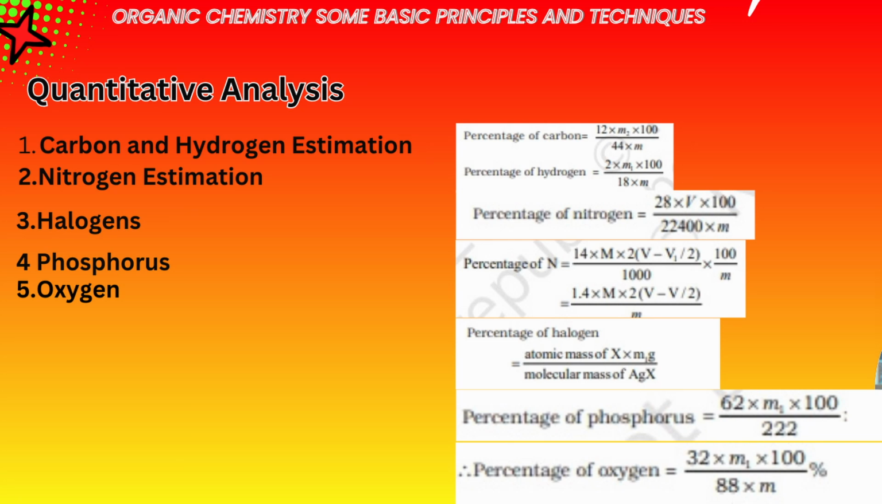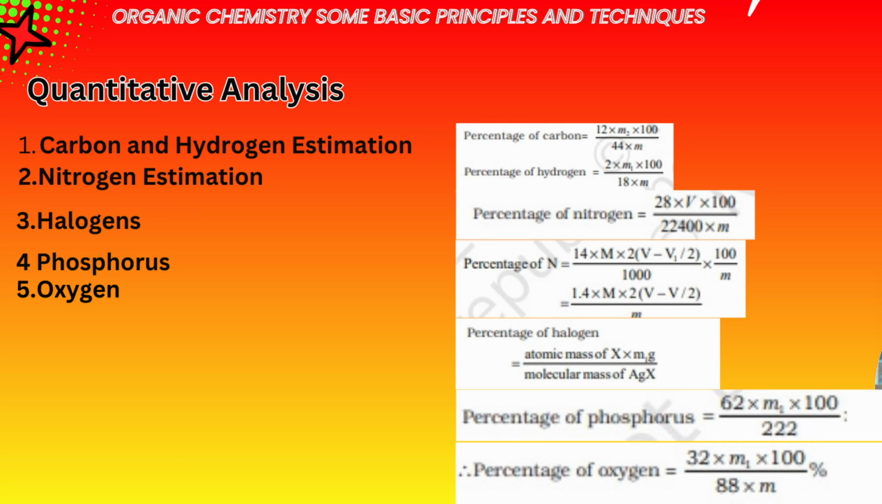For halogens, the compound is heated in a Carius tube with fuming nitric acid and silver nitrate. The halogen forms a silver halide which is weighed. The percentage is calculated as: percentage of halogen is equal to atomic mass of halogen into m1 divided by molecular mass of AgX into m into 100. Sulfur is oxidized to sulfuric acid, precipitated as barium sulfate and weighed. The formula used is percentage of sulfur is equal to 32 divided by 233 into m1 divided by m into